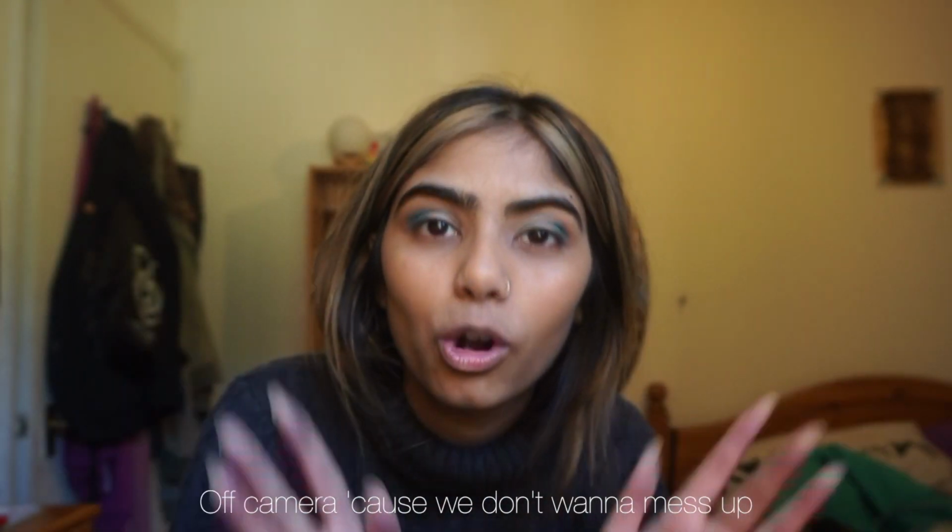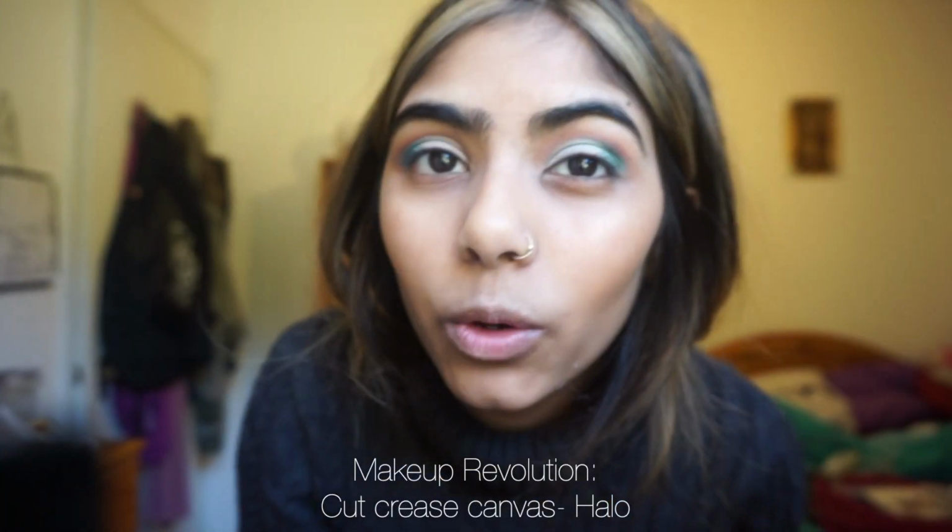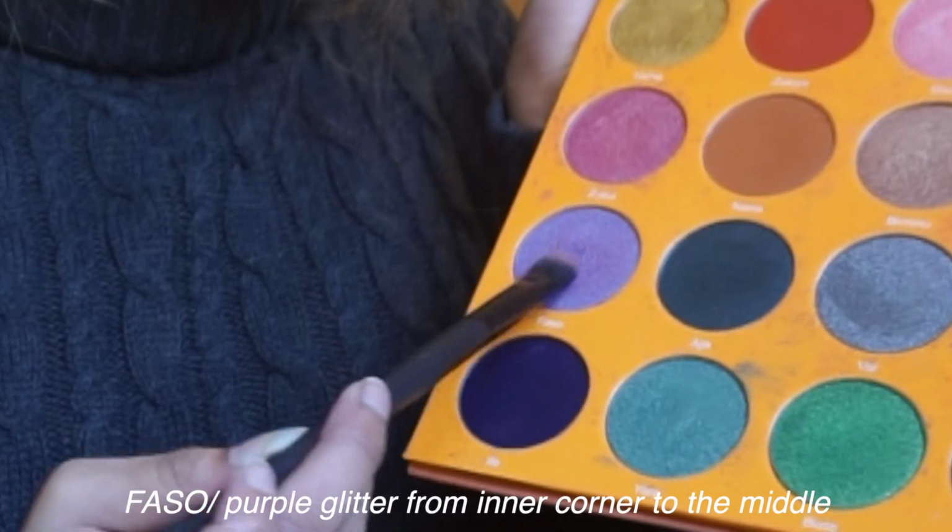So now we are gonna attempt to cut the crease. I've tried the cut crease before. Not that great, but it's alright. I sprayed this brush with my primers, and I'm gonna just take the